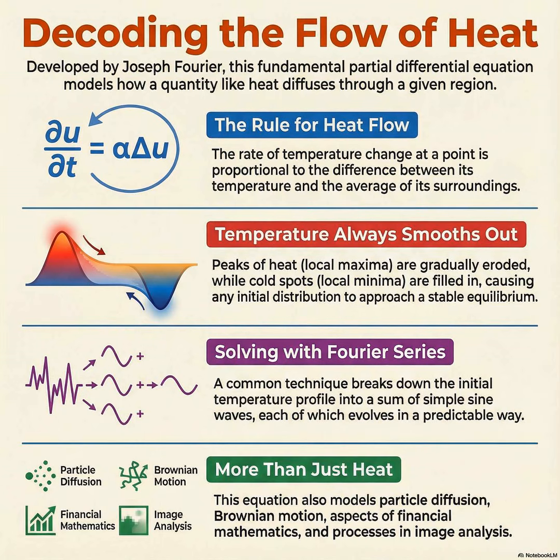So where you have the biggest bump, where hot and cold extremes are right next to each other, that's where the change happens fastest. It's the second law of thermodynamics in mathematical form. Heat flows from hot to cold, always smoothing things out until you reach a perfect equilibrium. And that smoothing process, yeah,